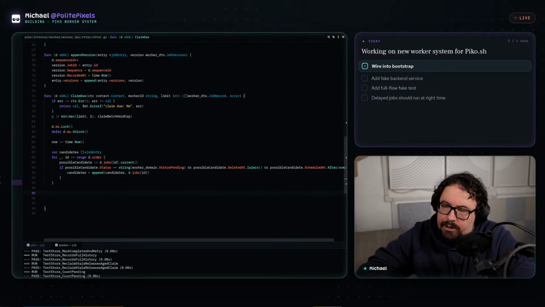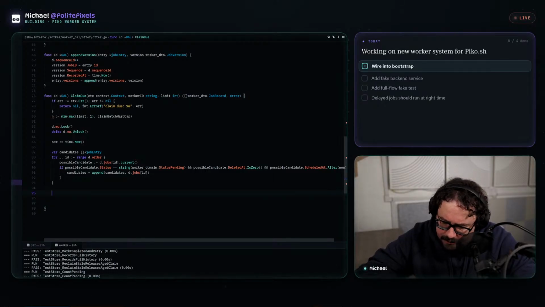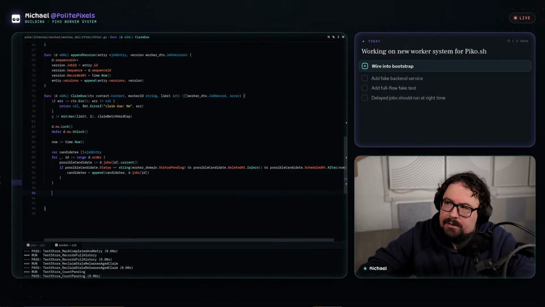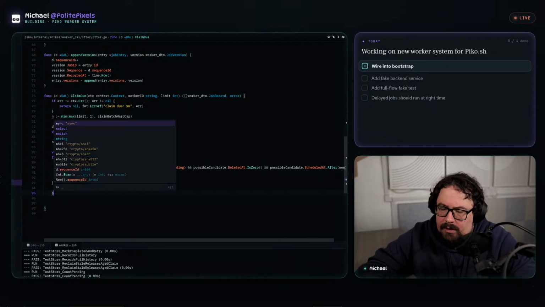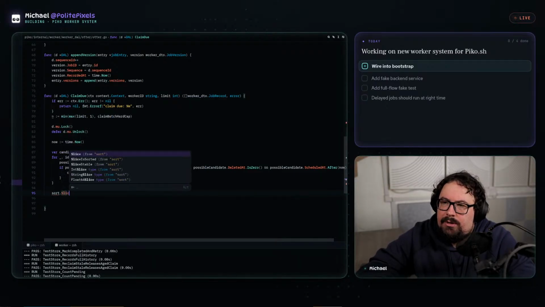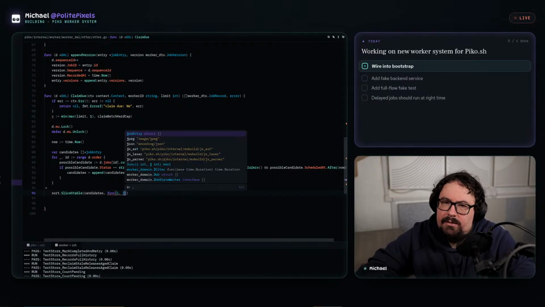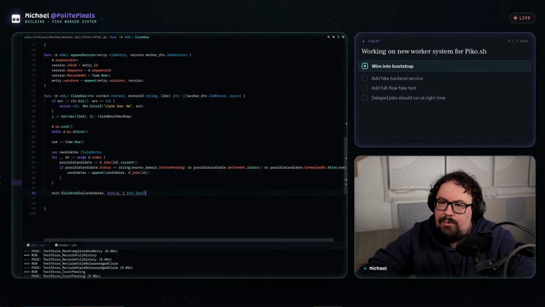Scanning all possible candidates. With the odd system, if I recall correctly, like I said, we do have indexes. I might have to check how that works afterwards, so we actually use the index for searching over this. And then we could say sort dot slice stable candidates func I j int bool.